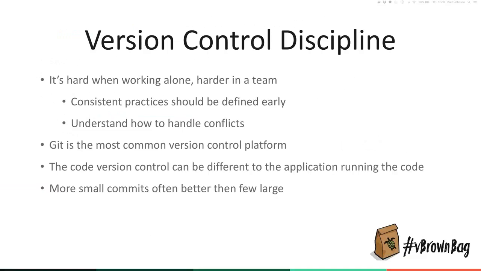Now, Git is, generally speaking, the most common version control platform, and GitHub's probably the most common version control repository. There are other ones out there, usually based on Git. If you go down that route, you can have publicly hosted ones with public repositories, which everyone can see, or you can have private ones on a public host, or all of these can be internal as well.